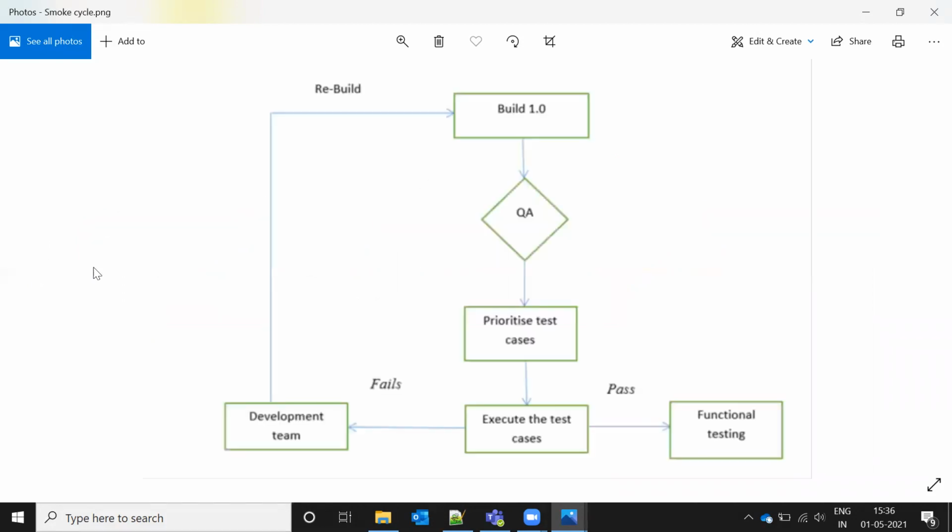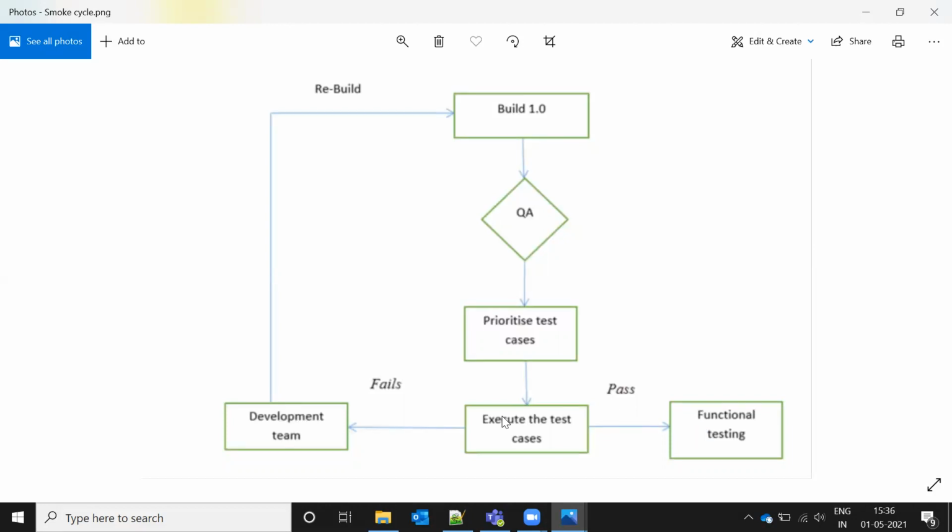The second one is basically where the build is started, and it comes to the QA team for smoke testing, and we pick prioritized test cases and execute them. Once done, if it is passed, it goes on to functional testing in the QA environment, and we test and say whether the application is working as expected.